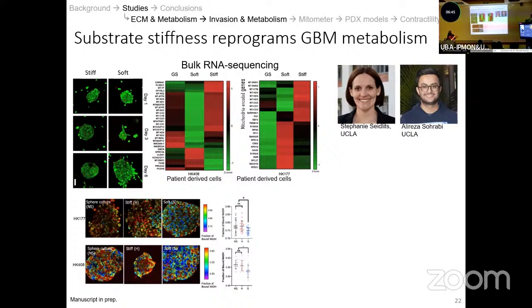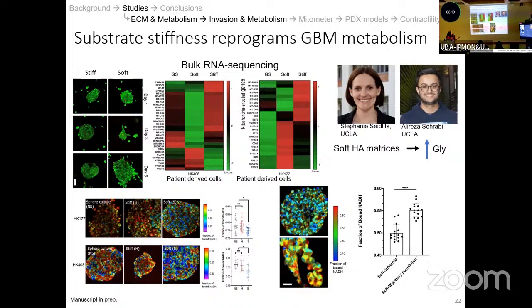So we took their spheres, their cell culture spheres, and these are patient-derived cells. They actually isolate these from glioblastoma patients, and they put them in stiff and soft conditions. And what we see is that the soft hyaluronic acid, because this is no longer collagen, they have to use a different matrix called hyaluronic acid, actually increases the glycolytic pathway. So the glycolytic pathway goes up. And, you know, we were wondering what the heck, that's opposite of what we saw with the other experiment in the breast cancer cells. And my student who was working with Ali, he said, okay, this whole spheroid has a